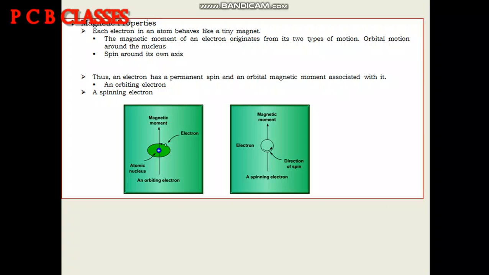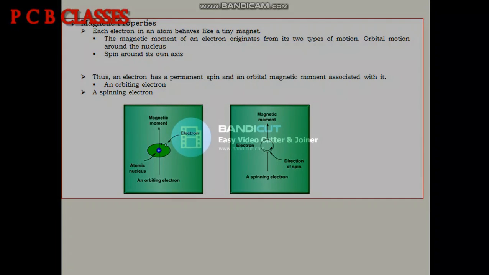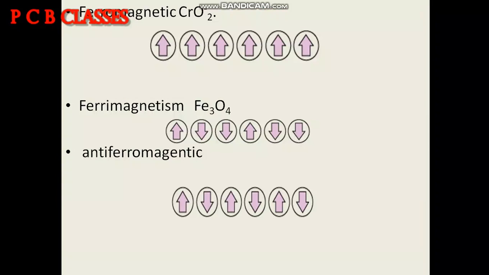Recall from class 11 कि मैग्नेटिक कैरेक्टर में क्या होता है कि इलेक्ट्रॉन जो है वो अपना न्यूक्लियस के सराउंडिंग में भी रिवॉल्व करता है एज वेल एज अपने एक्सिस पे भी स्पिन करता है, and as per the physics concept, when an electron spins on its own axis, then it generates its magnetic character, and because of this spinning, electrons form the magnetic properties. If there is a group of ions, in this case of ions we have three types of magnetic character: ferromagnetism, ferrimagnetism, and antiferromagnetism.